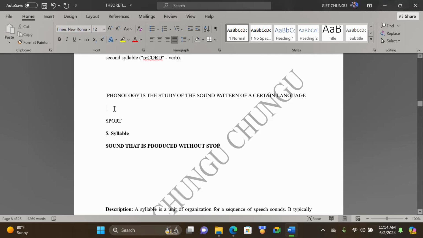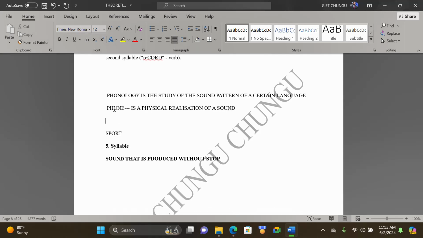Now, we have what we call terms in phonology. The first thing that we look at is phone. Now, when we are looking at a phone, we are saying a phone is a physical realization of a sound. Why are we saying physical realization of a sound? When we are looking at physical realization of a sound, the sound is produced physically. So when we are looking at a sound being produced physically, what we are saying is, for example,